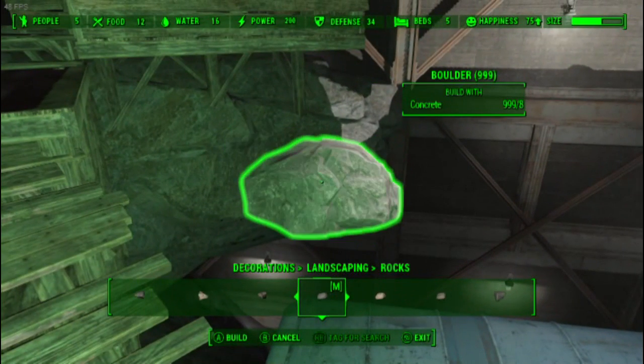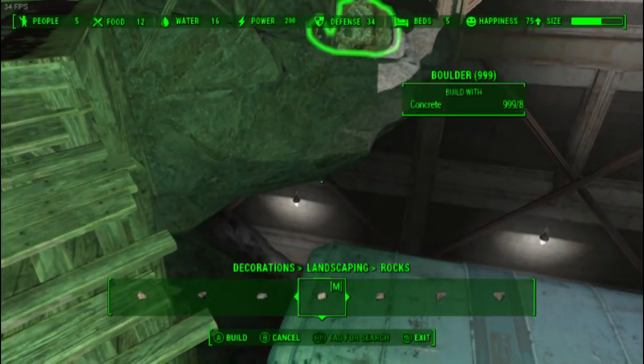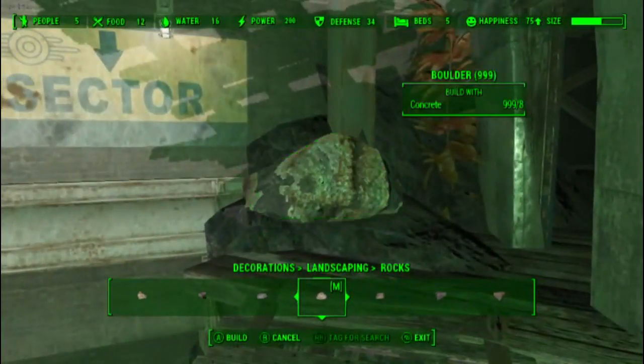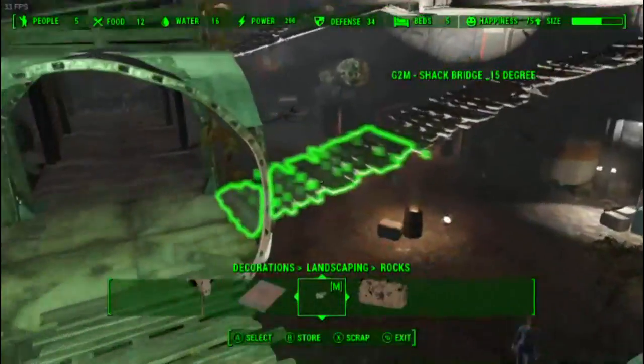Alright, we are just about done. I think that's... Why did you put a rock over there? Well, because there wasn't one over there on this side. Now I've got this last side, and then we are completely...